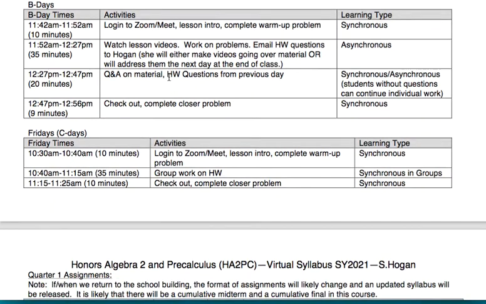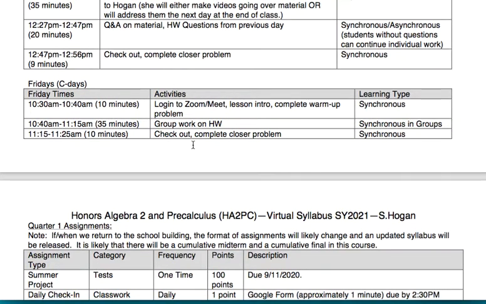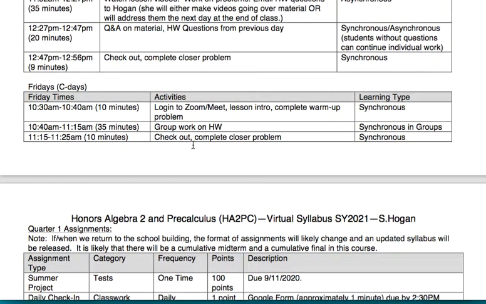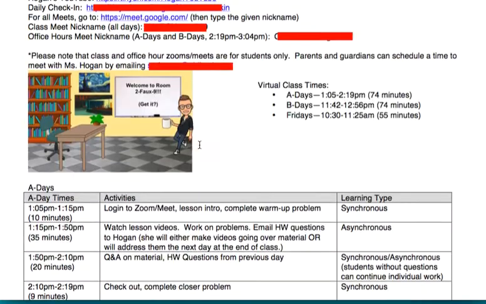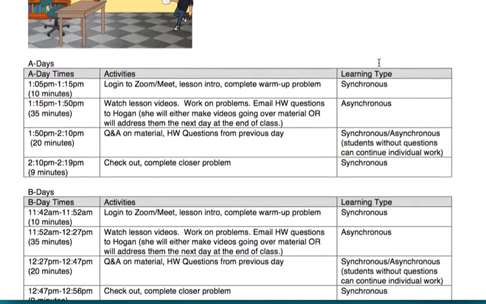Now C days, we're still going to have a warm-up and a closer just to get us there, right? And the reason is because we actually have more time than most people, right? On most classes, Fridays are only 25 minutes, but we have two 25-minute periods, and in all likelihood, the 5-minute transition between them, because you're not really transitioning anywhere, you're in the same class. So we have just under an hour.